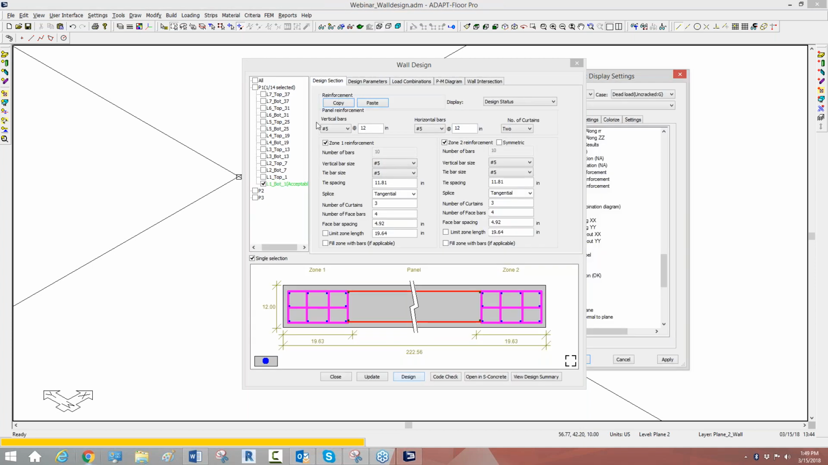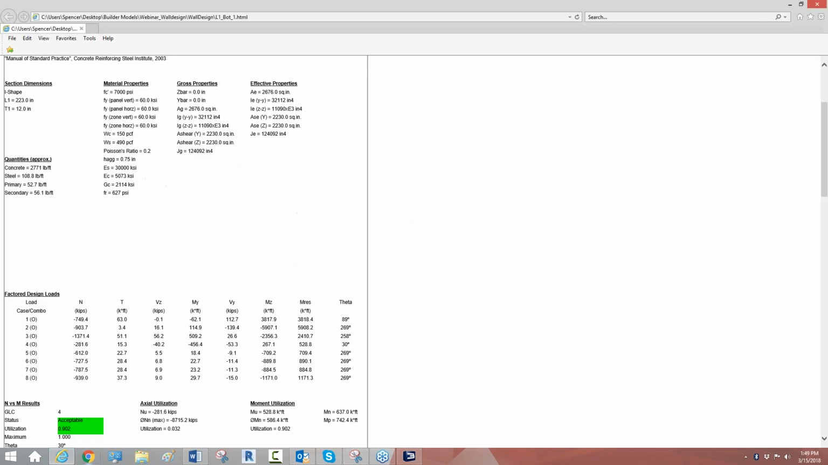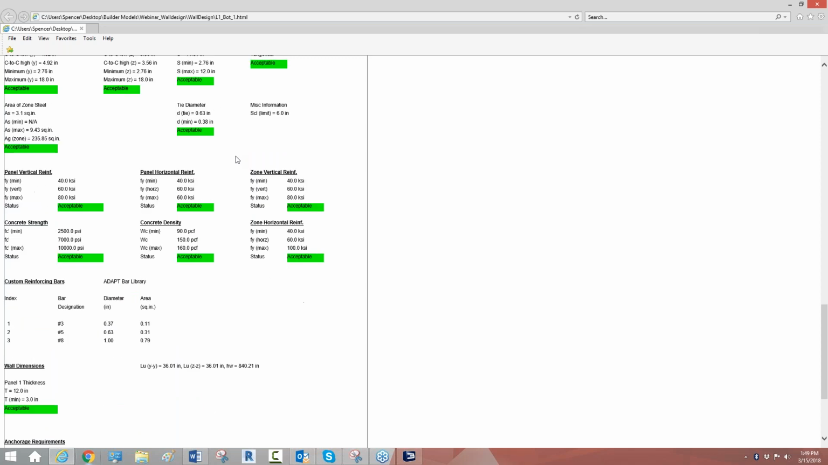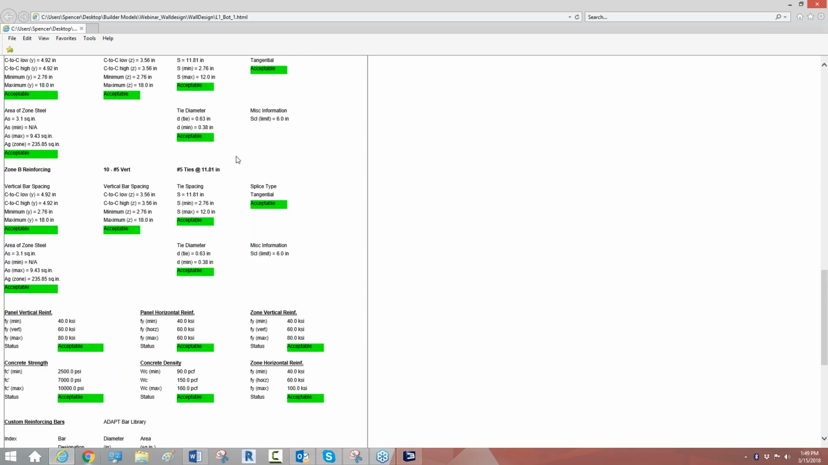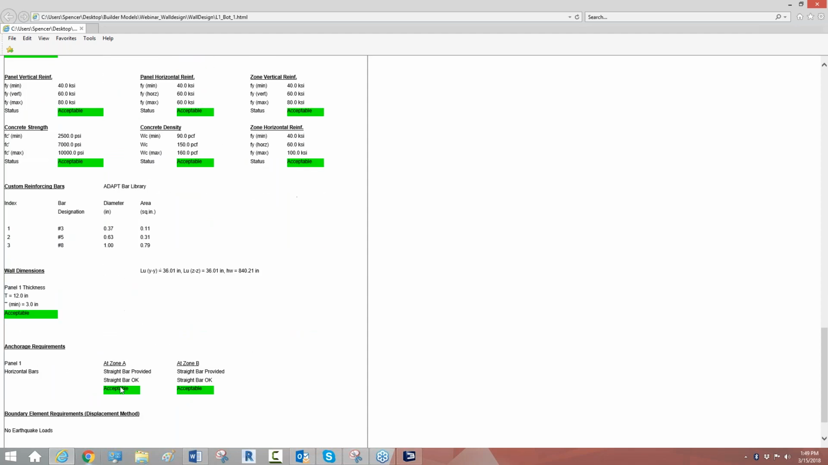So obviously the program has made those modifications, and it's come up with a different design based on the code that was selected. So again, I could go back to design summary, and here we have our updated design summary. Now I didn't go in and look at exactly what the sizes and the spacing were that were triggering the warnings, but just showing you the difference here between design